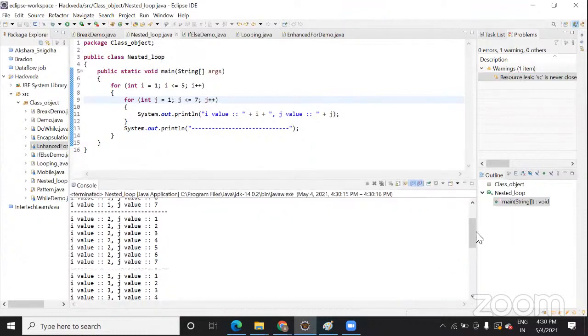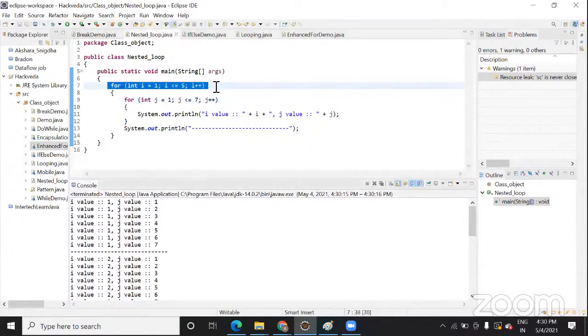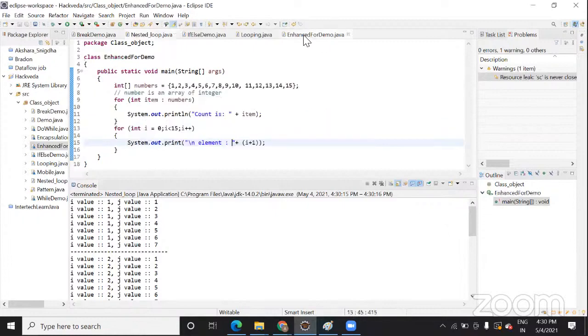So as I have run the program, you can see here, the first for loop will tell you how many times the i value will come, and the second for loop is for your j value. Okay, so here let me run another program.